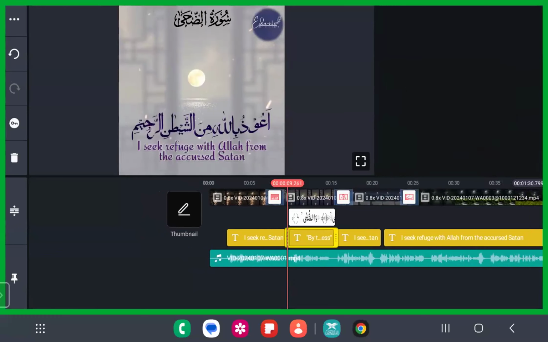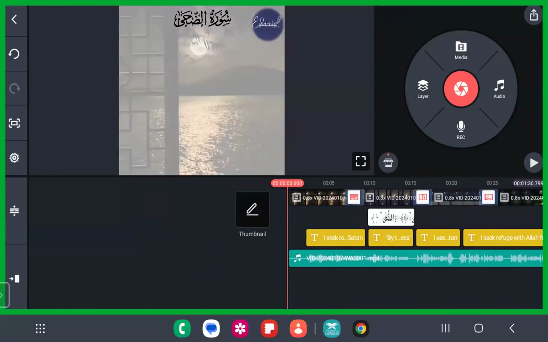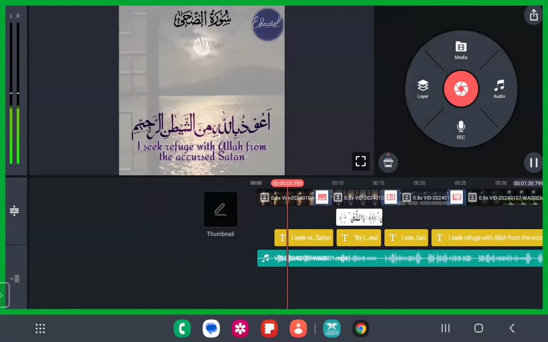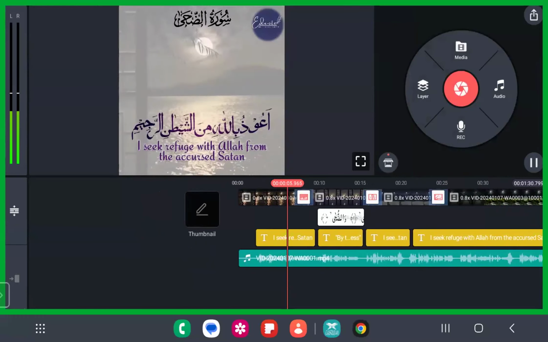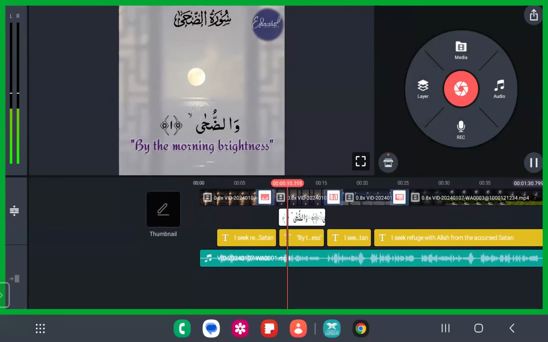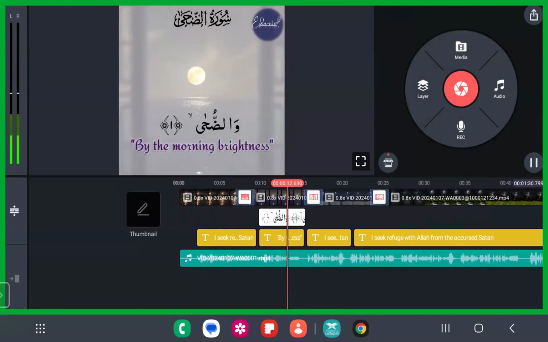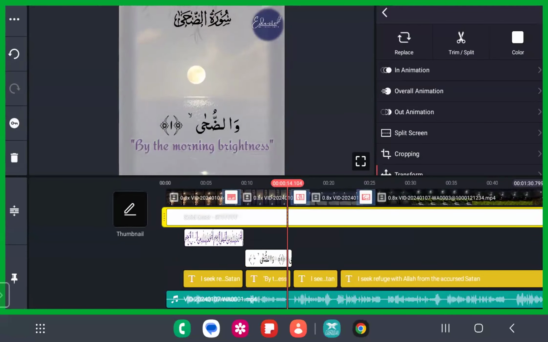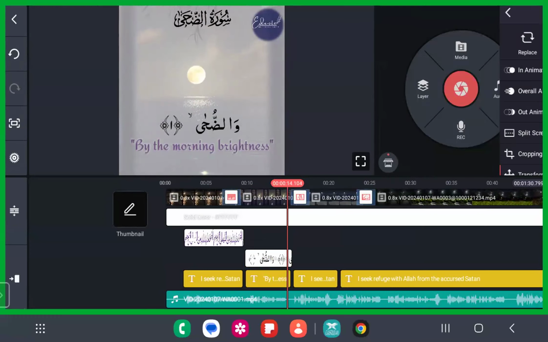Any doubts? Now play this and see how beautiful it looks. This is your created project. You can add effects to the video that is behind. Because the video was dark, I just added something in the front, a masking layer. You can just decrease this opacity so that the video behind is visible.